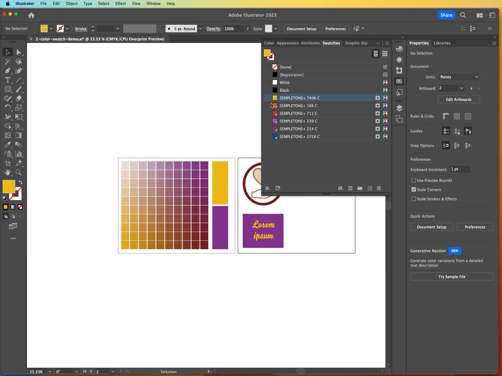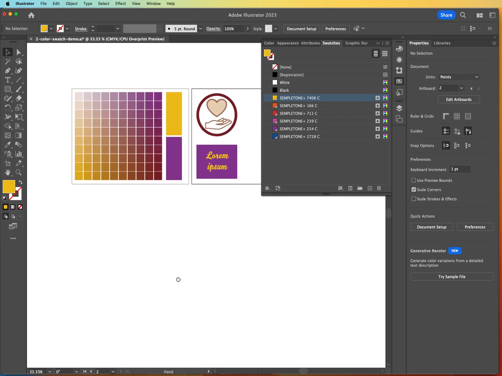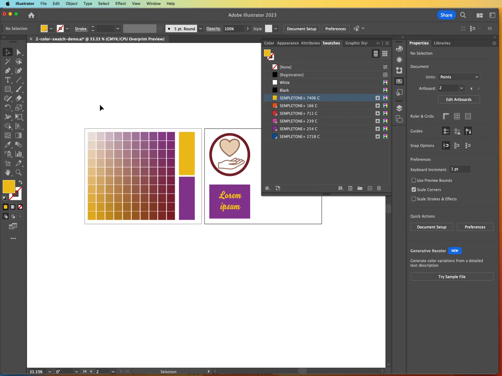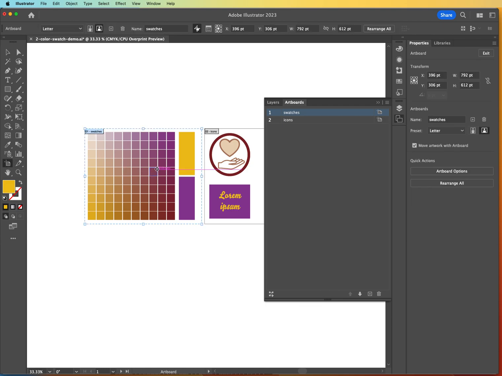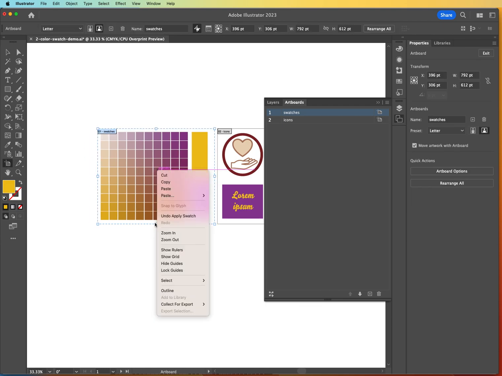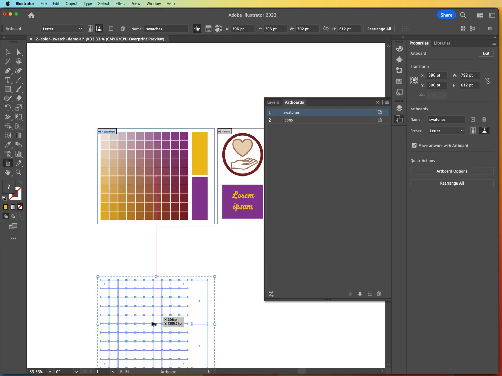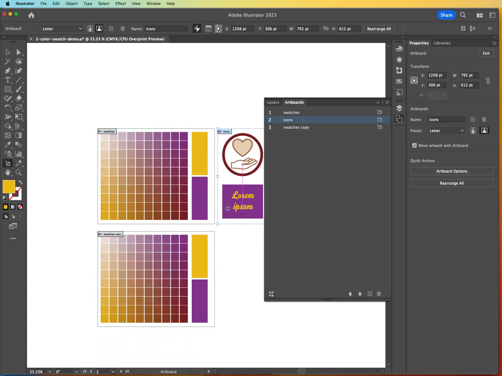And I don't want to have to go through all those steps again that I made to make this array of colors. Luckily, I'm working on artboards, and one of the things you can do very easily on artboards, you can see I've created an artboard called swatches and an artboard called icons. And if I want to duplicate an artboard, I can just go to the artboard tool, and I can option drag it. I'll option drag this one too. And now I've got